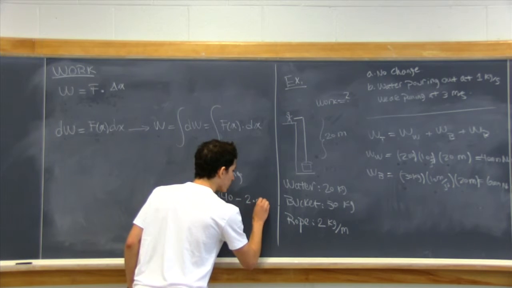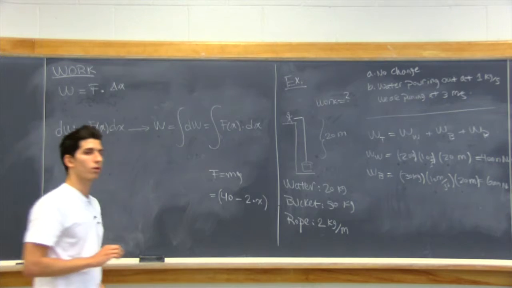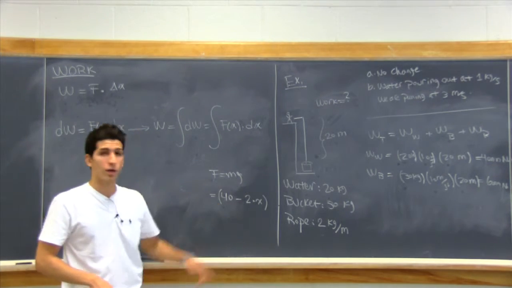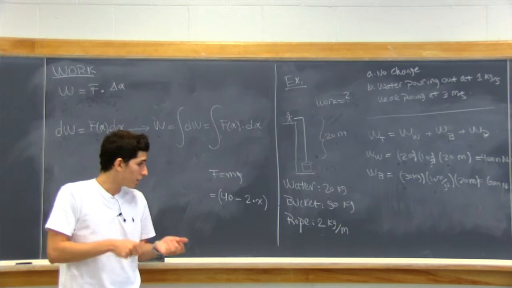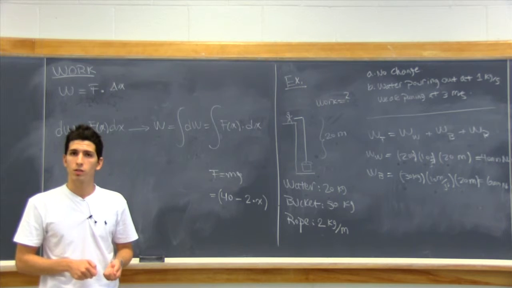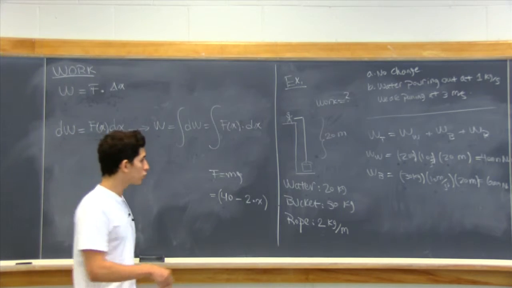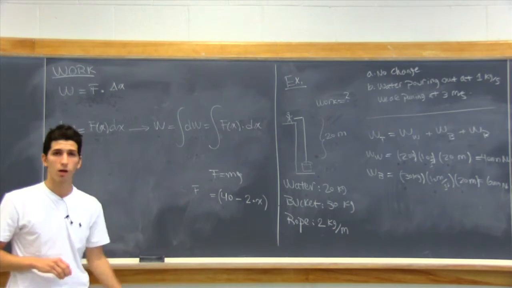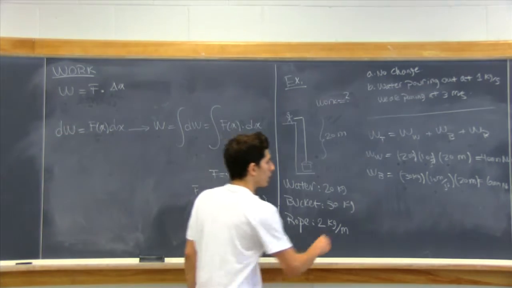So it's 2 times x, where x is how much you have pulled up. If you've pulled it up 10 meters, then you've decreased its weight by 20, right? So that's going to be our variable force here. So now we can go back and